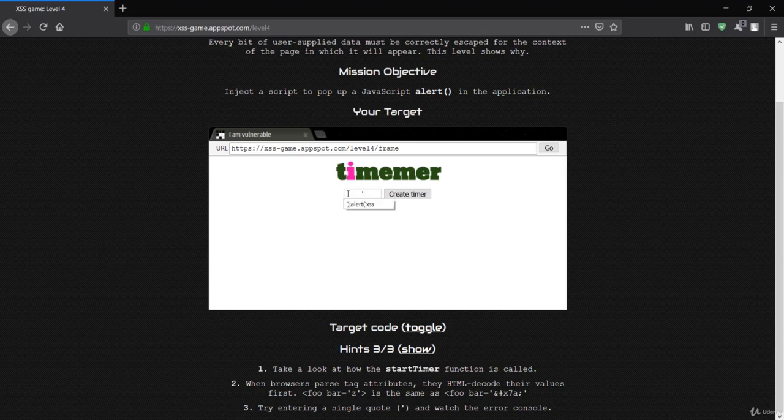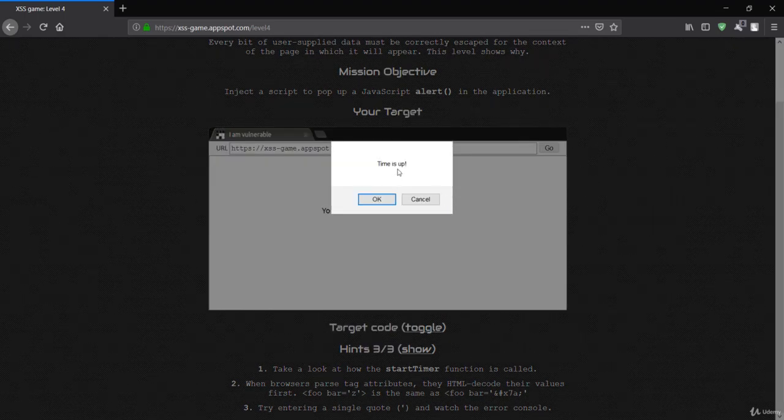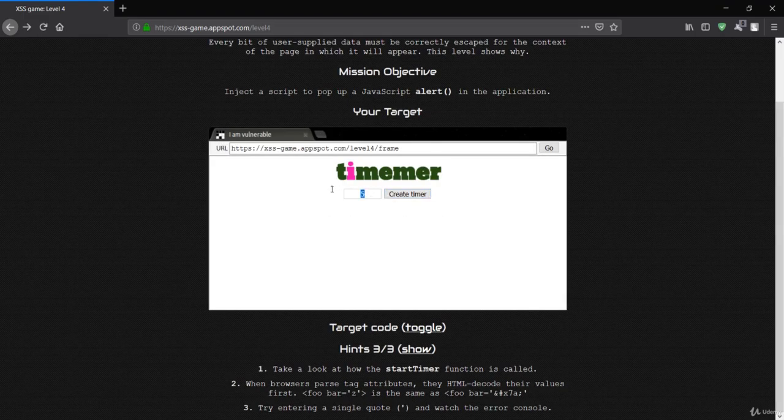So let's put this one, create a timer, and it is saying your timer will be executed in a second, but if you see, it is not going to execute, so it is not going to just stop for us. So if I go back and instead of this code, I say 5, create a timer, and it will just execute in 5 seconds. Let's wait for the 5 seconds, and it is saying time is up. So if I put this code, there will be an error in the console, so it won't be executed.